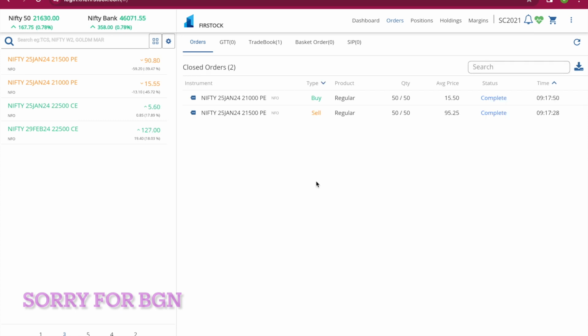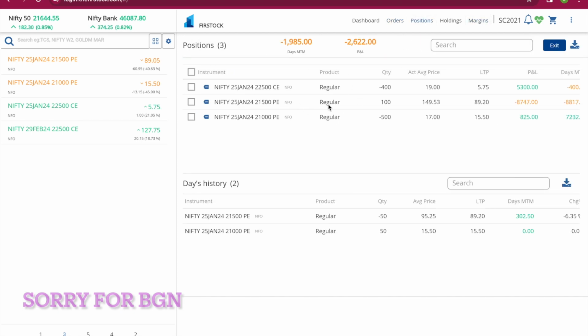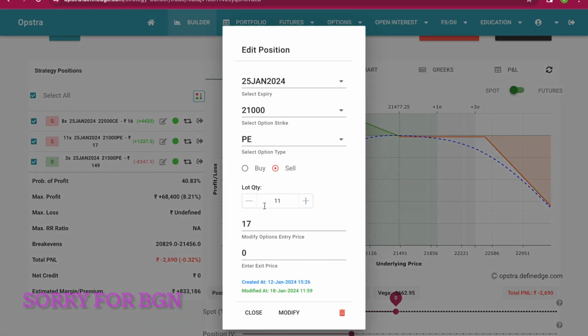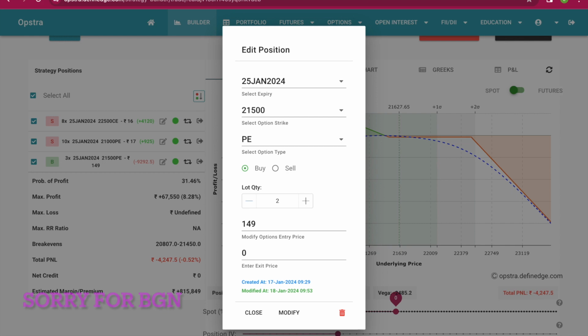So both the orders are executed. But yeah, now what we can see is this is the strategy 149 and 17. It's just we reduce this one lot from here, and what we did is reduce this one lot from here. Okay,